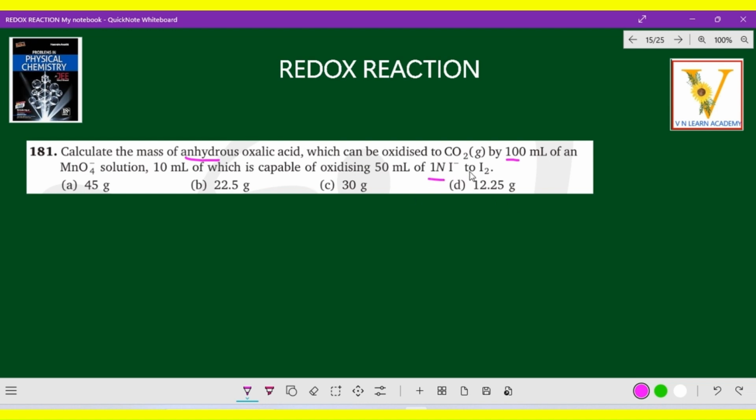See here, N1 I2. They did not mention the normality of potassium permanganate, so we have to identify it. If we find the normality, we can easily go and identify the mass of anhydrous oxalic acid. I hope you got that idea. How do we solve this problem? Yes, come on. Let us identify the normality